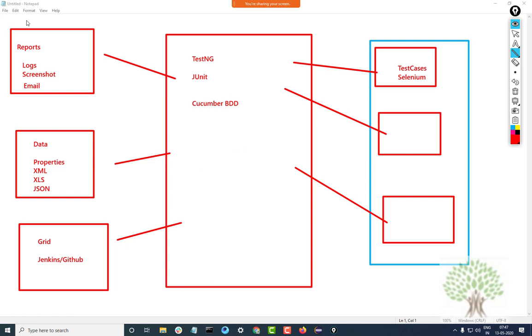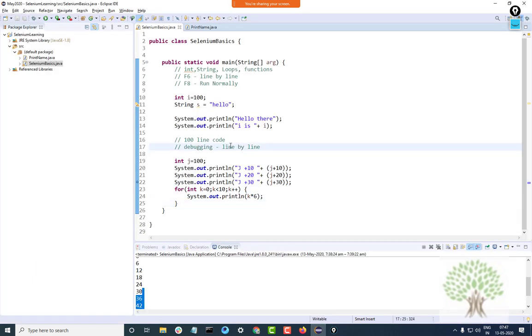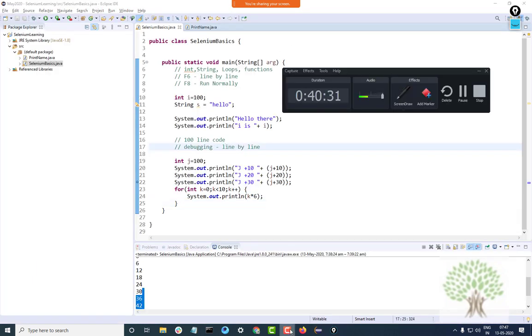This whole diagram is just an overview of a framework of an end-to-end project. A framework is basically an end-to-end project, and this is the objective of the training. It's going to take time and a lot of effort for you to understand and actually learn this. So I'll stop here for today.